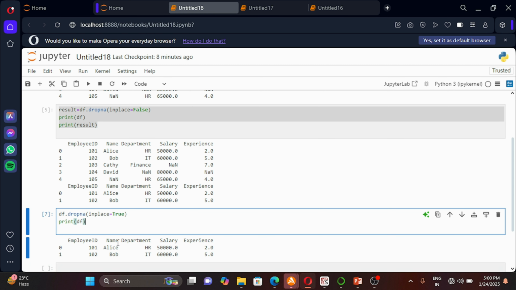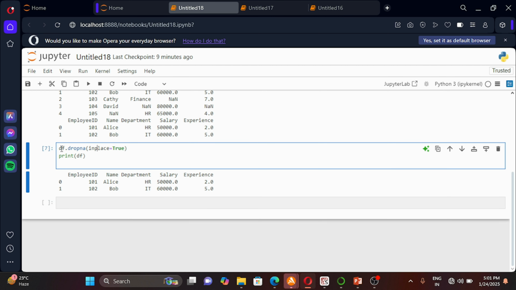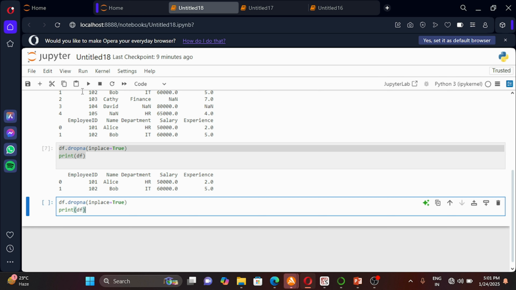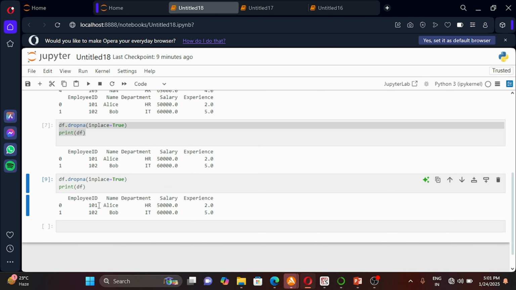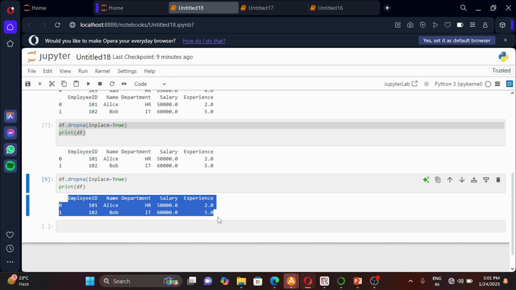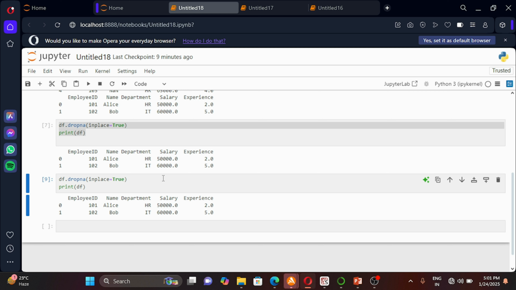It has also dropped the missing values, right? So in True and False, it performs the same functionality: it just drops the missing values. Let me check that again. It is doing the same thing, dropping the missing values.